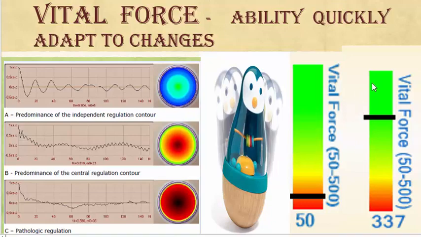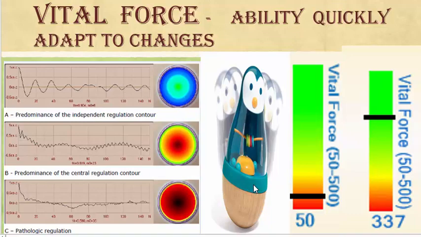This is very important because when we do detoxification, if the vital force parameter is low, I'm not going to push the patient deeper into detoxification, because they don't have enough power to detoxify very quickly. If the client has more vital force, I can easily put them on a detoxification protocol.